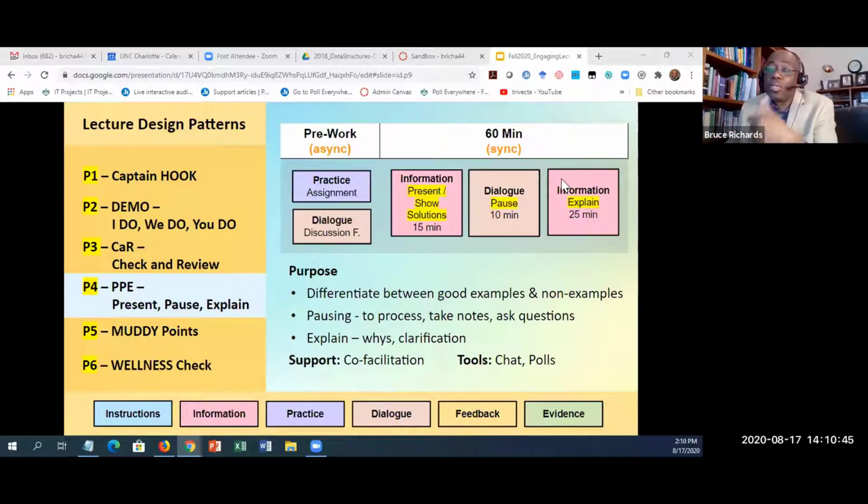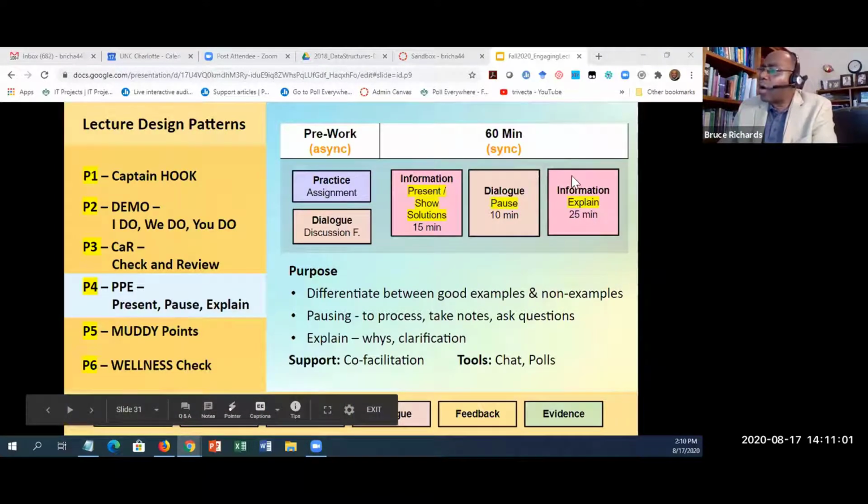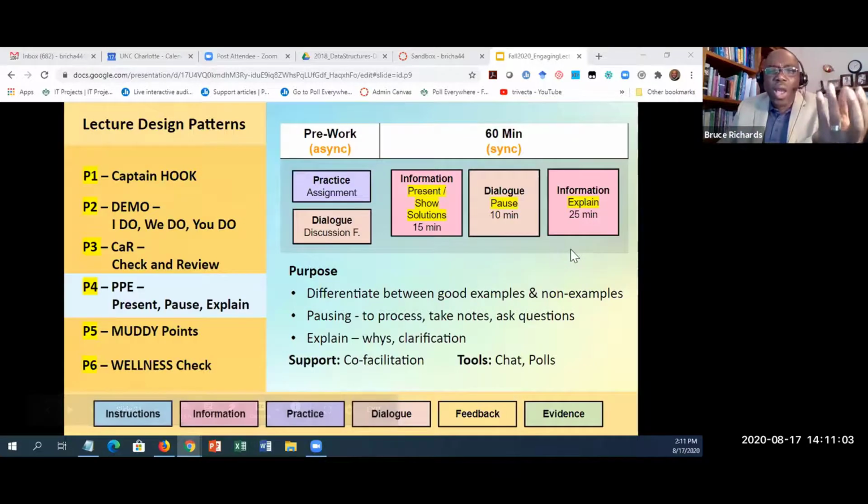Let me tell you this, and you know this, as students are able to explain or articulate using their knowledge and language that they're gaining, they're building their understanding even more so. The dialogue allows you to do that. And then you can break off with that explanation, that why, that clarification, because based on what they were talking about in the dialogue, you're noticing the strengths and the weaknesses in their understanding.